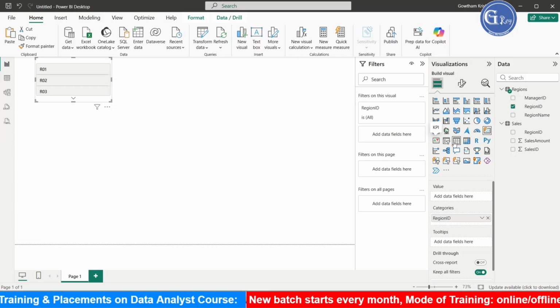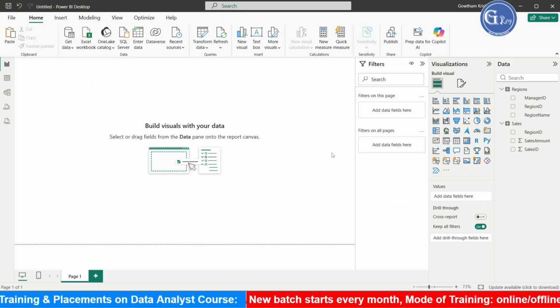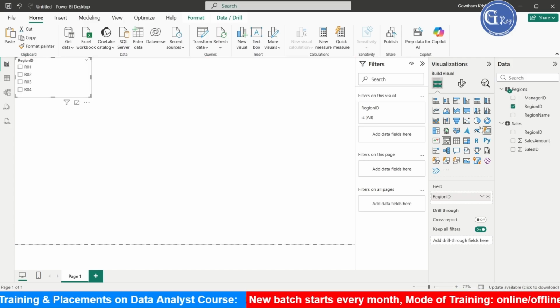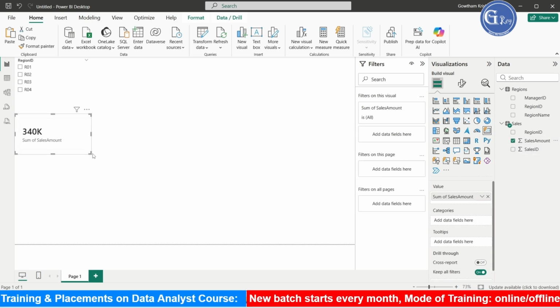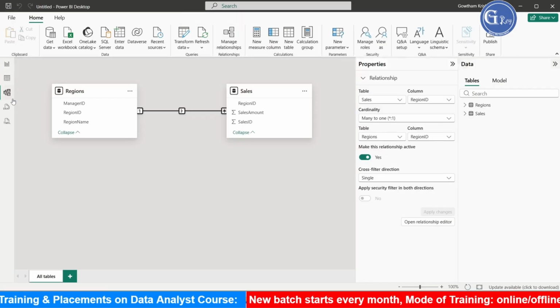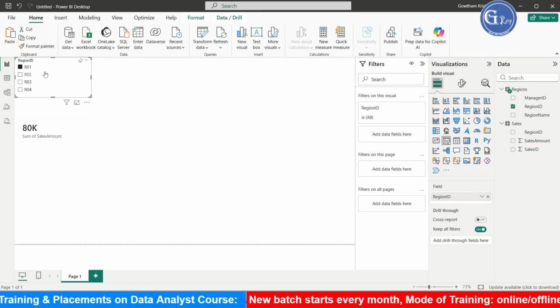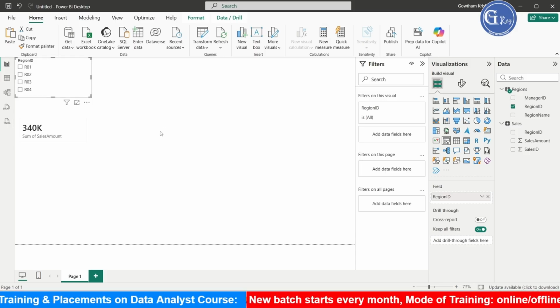Based on the slicer we can filter, and I am taking a card that has sales amount. We will see the filtering. Here the filtering happens from regions to sales. Now if you click on region ID R01, it will filter R01 sales, and in the same way R02, R03, R04. In this way the filter is working fine